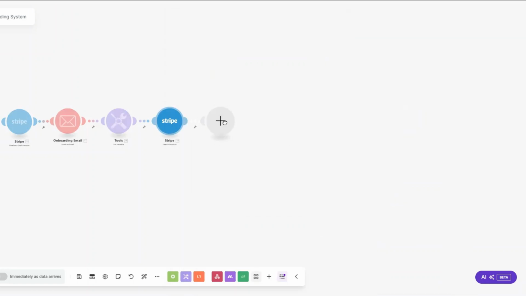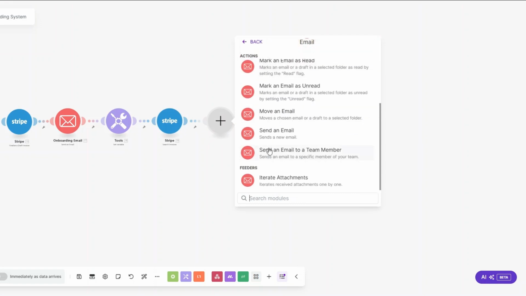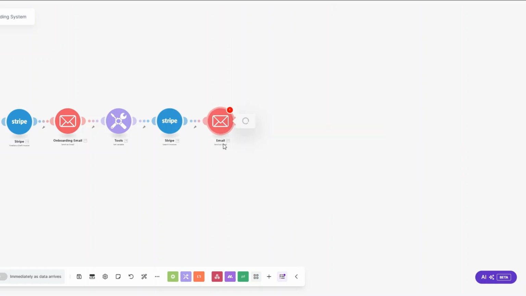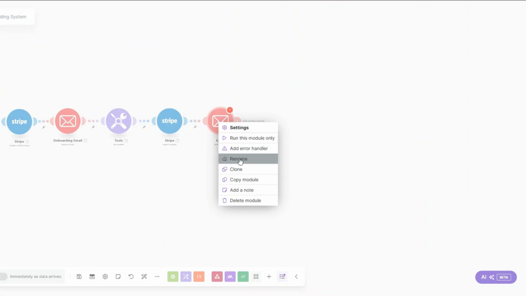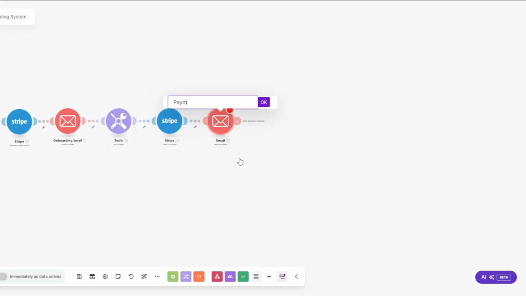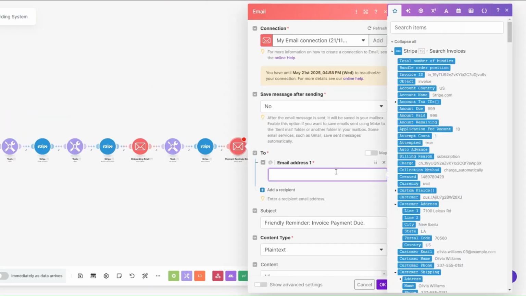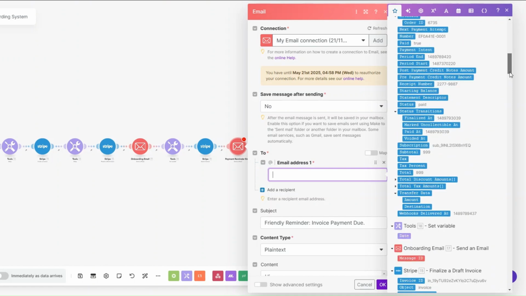And then here we can now send them the payment reminder email. So I'm going to search for email, then click on send an email, and then I'll rename this module to payment reminder email. Then click on OK. Now for the email address of our client, we're going to get the email address from Monday